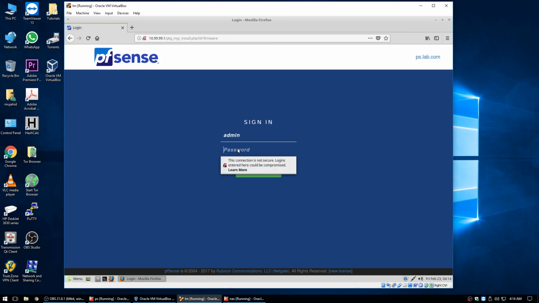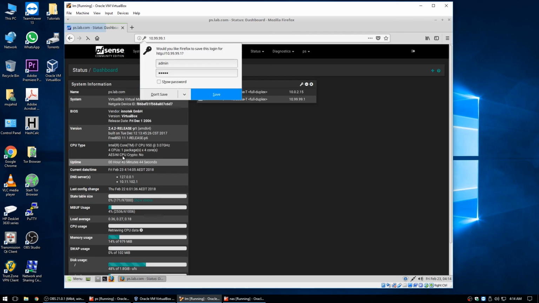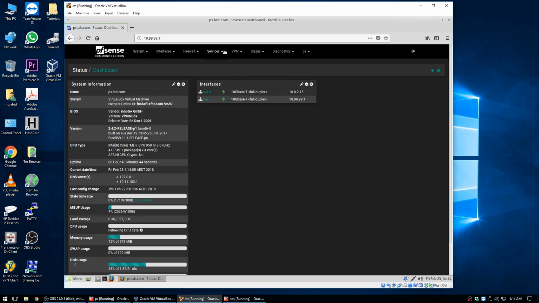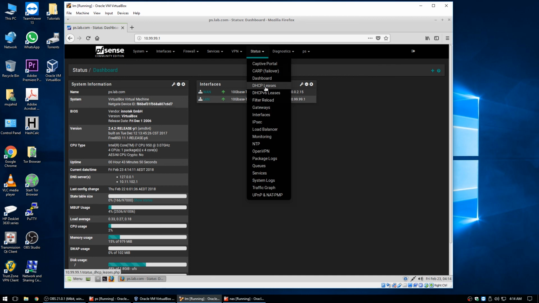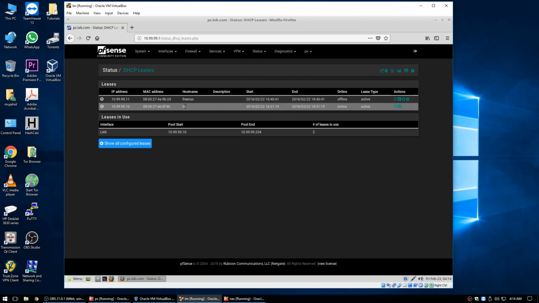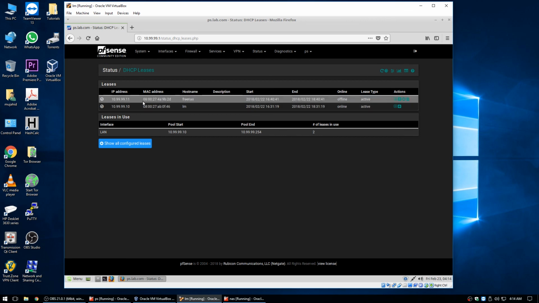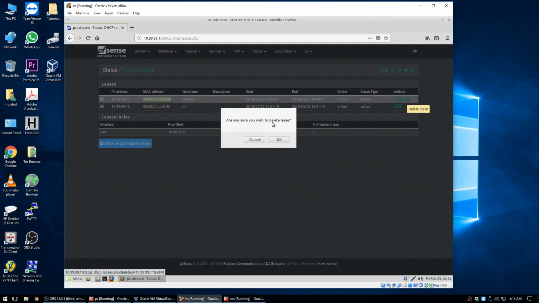This is the username, password that I set up after the initial configuration. Okay, let's go to status and DHCP leases. LM FreeNAS 11, but we've changed this. So what we'll do is take the MAC address, delete this,